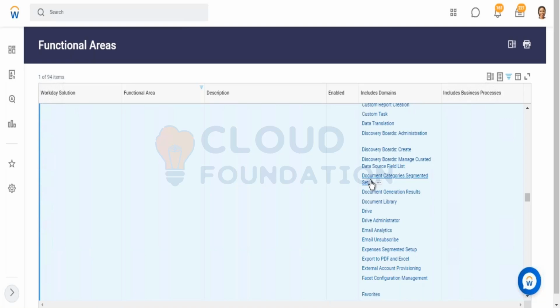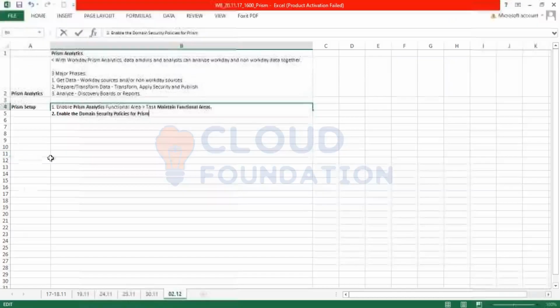So the second step is to basically enable the Prism functional areas, Prism domains, and obviously as part of enabling those domains, I'll also create the respective security group, right? Now, one thing about security groups is once you have enabled with respect to